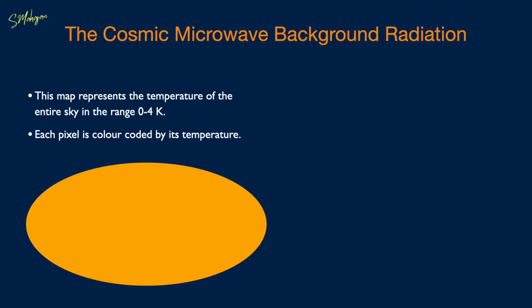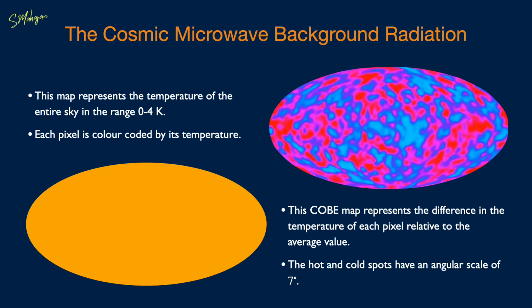Another set of instruments called the differential microwave radiometers on board the COBE satellite measured the tiny temperature variations between the hot and cold spots on an angular scale of around 7 degrees on the sky. That is represented by this picture here. There are tiny fluctuations or ripples in the temperature of the CMB at the level of just 1 part in 100,000. For reference, consider that if the Earth's surface were smooth to 1 part in 100,000, the highest mountain would be just 100 meters tall.